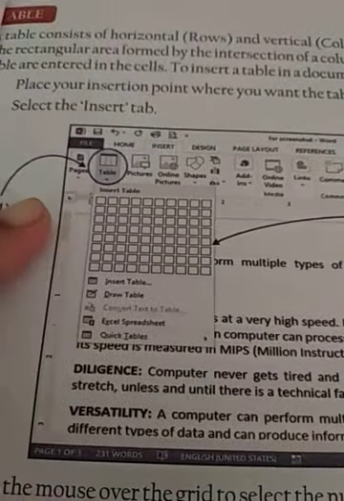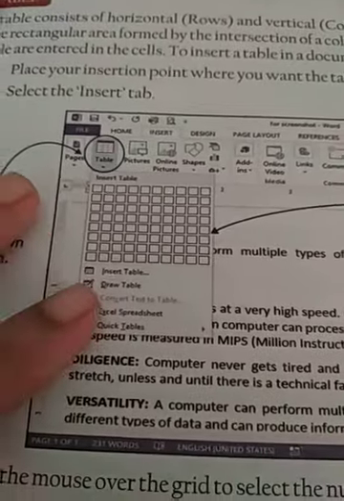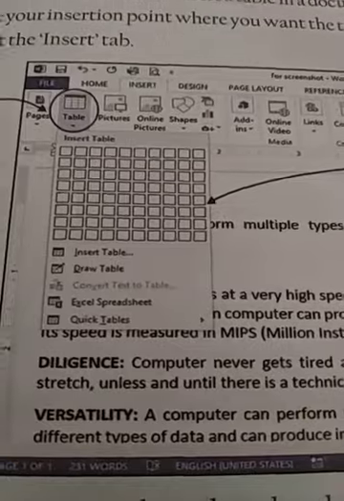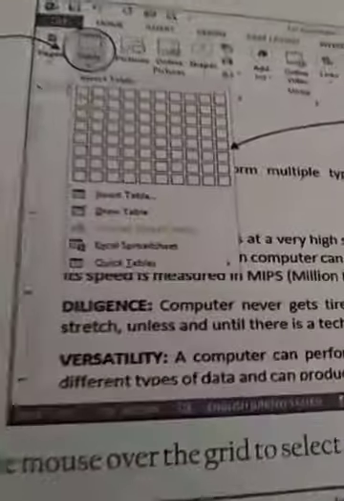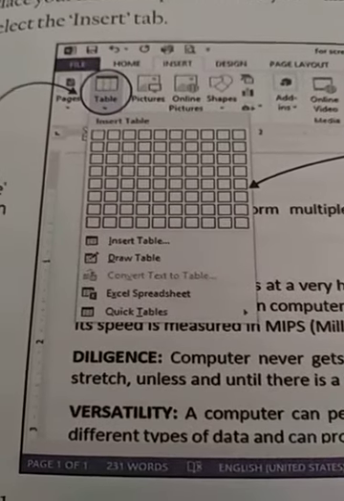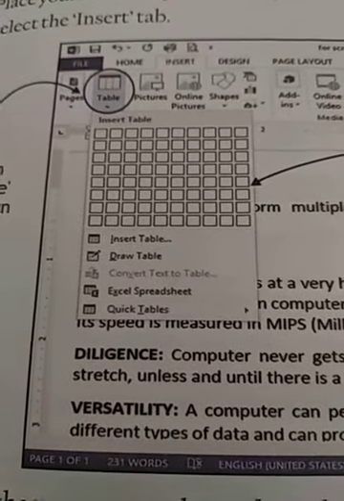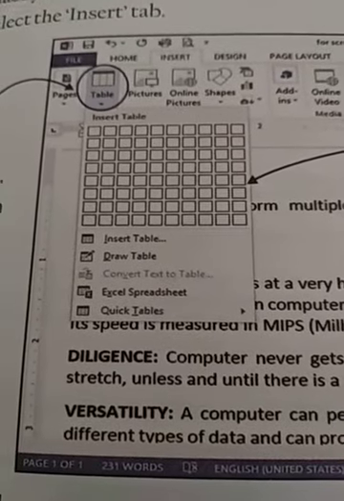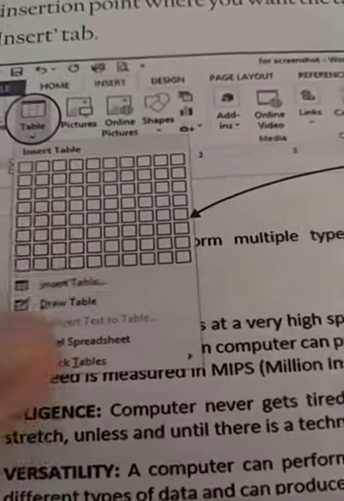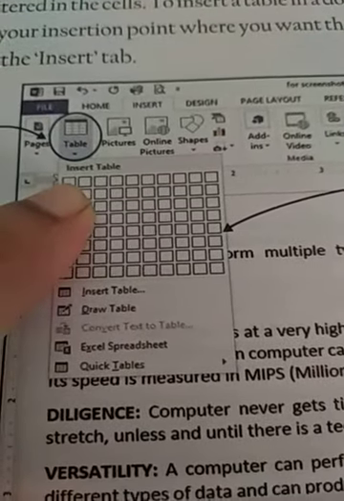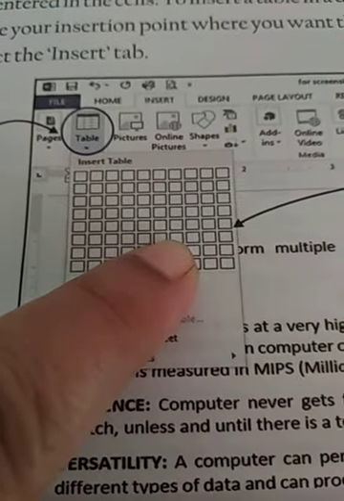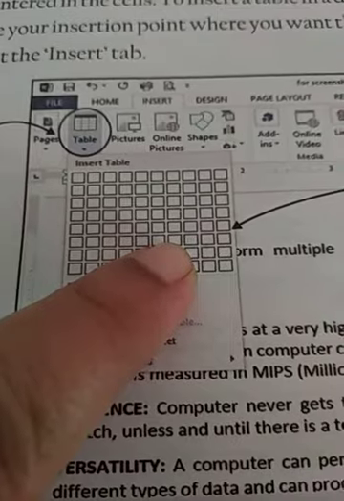This menu will appear, and we have to select the number of rows and columns. To select them, we only want a table of our choice. That means how many rows there will be and how big it will be, we have to select. We can select this just by dragging the mouse, and the selected rows and columns will be displayed.